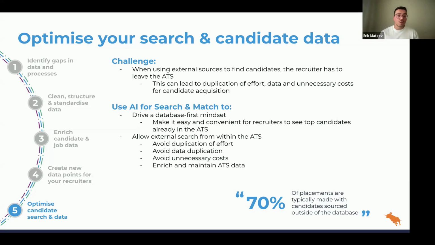They don't have to replicate the search. The exact same components are executed against those job boards, which means that duplication of effort and that wasted time, that goes away as a challenge. But also, as your recruiters are going through those candidates that are external, anyone that already exists in Bullhorn, they'll be able to easily see, which helps reduce the risk of data duplication and those unnecessary costs in acquiring the same people multiple times.